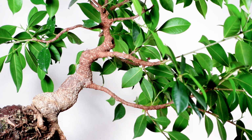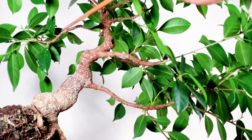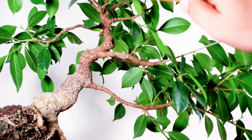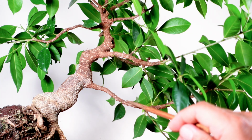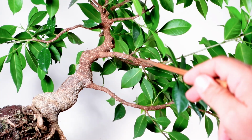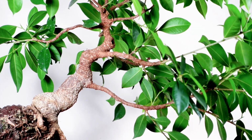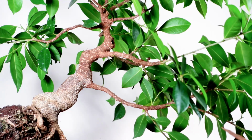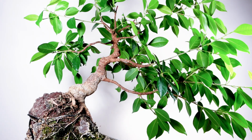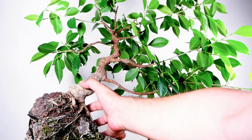Now we're moving a little bit lower on the tree, so this is fine. I'm okay with it right now. I'm gonna leave it alone. I'm not gonna prune it because I want to get it a little bit thicker. But here I have a problem. This is the lower branch, this is the upper branch. You can see that this is thicker than this one. And I'm gonna do something drastic to it because it just cannot be this way. So in order to have a correct design, a correct tree,